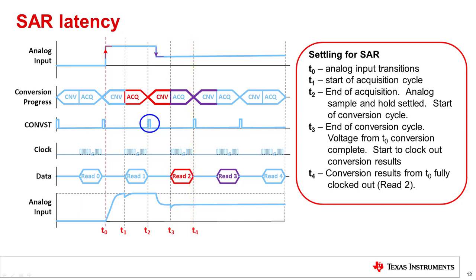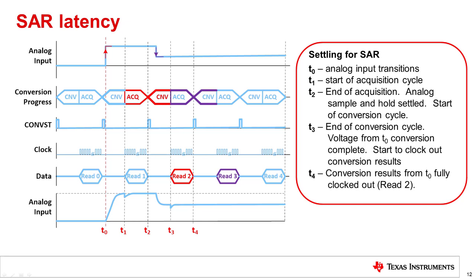Looking at the digital communication signals for the SAR converter, you will notice that the conversion is initiated with a convert start signal. For the SAR, the microcontroller will initiate the start of the conversion, whereas for the delta sigma, the ADC is continuously converting, and it will tell the microcontroller when the conversion is complete. Sometimes SAR converters are called zero latency converters, as they have minimal delay between when the data is captured and when the conversion is available.